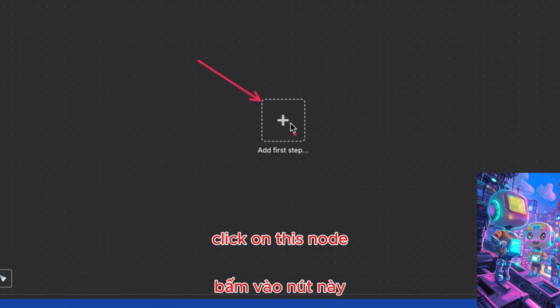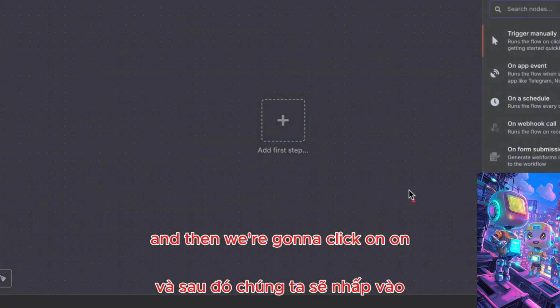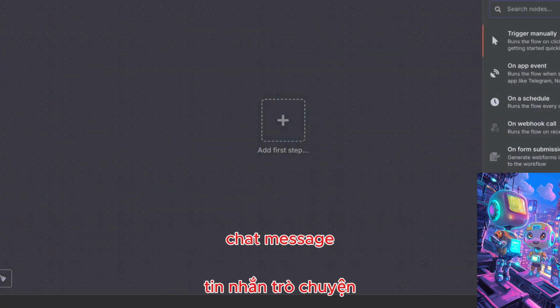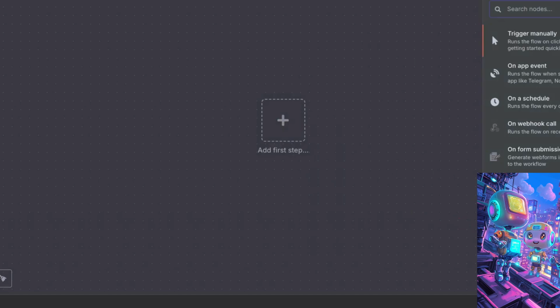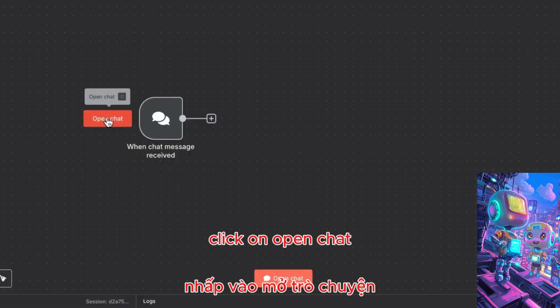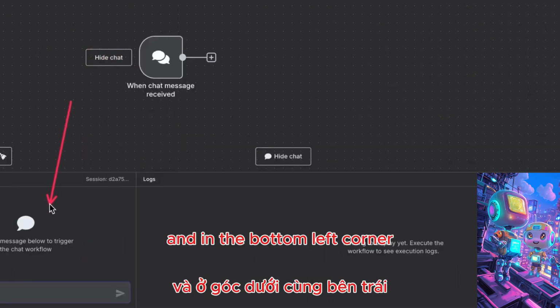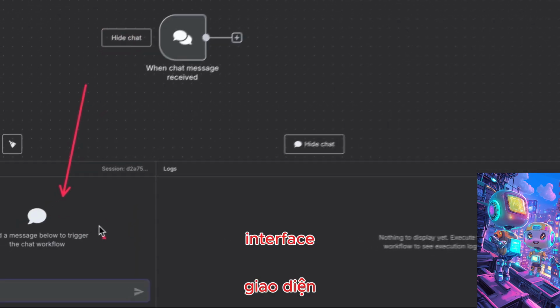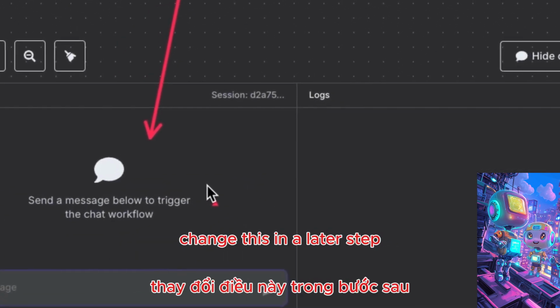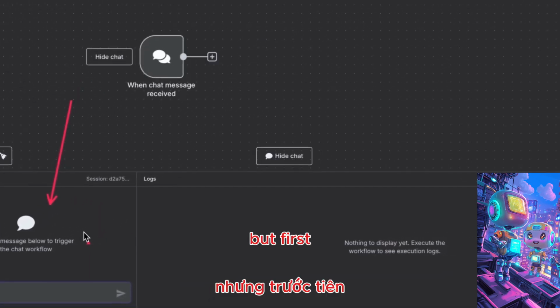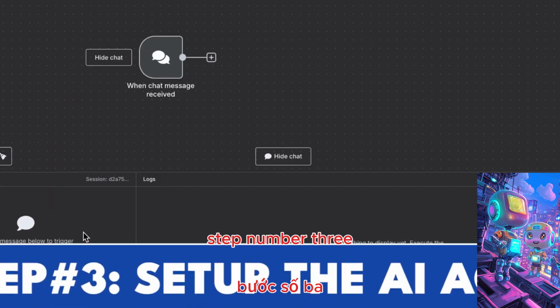Click on this node right here, and then we're going to click on chat message. This is how we trigger the AI agent. Click on open chat, and in the bottom left corner, you'll see the chat interface we're going to use. We're going to change this in a later step, but first, let's go to step number three, set up the